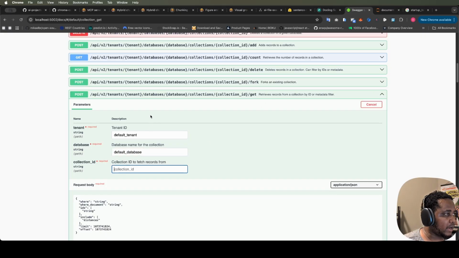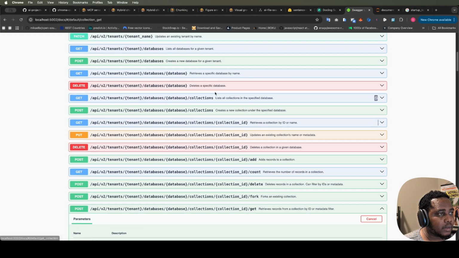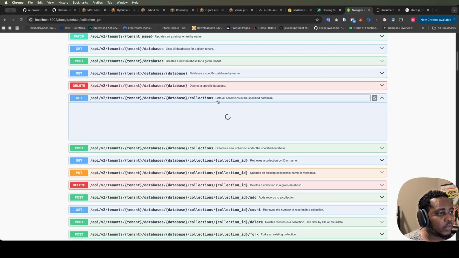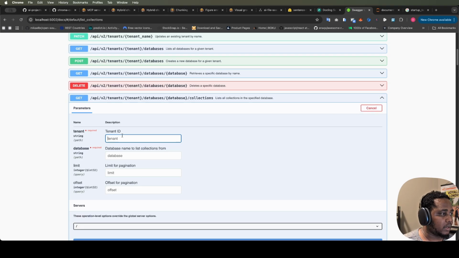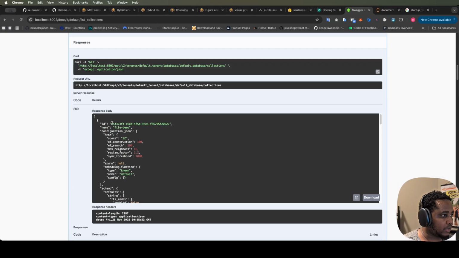Okay, so I think I need a collection ID here. So we need to get the collection ID. Let's see, this should be default tenants, default database. Let's execute. Yes, so we have a collection called file demo,